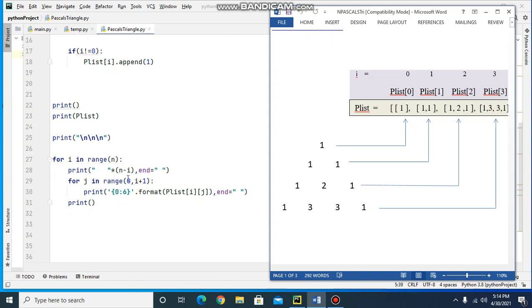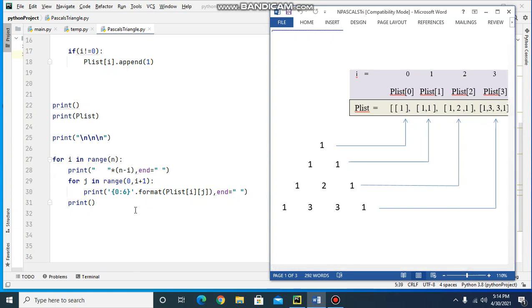So it will print p list 3 0, 3 1, 3 2 and 3 3. So p list 3 0 is this one, 3 1 is this 3, 3 2 is this 3 and 3 3 is this one.